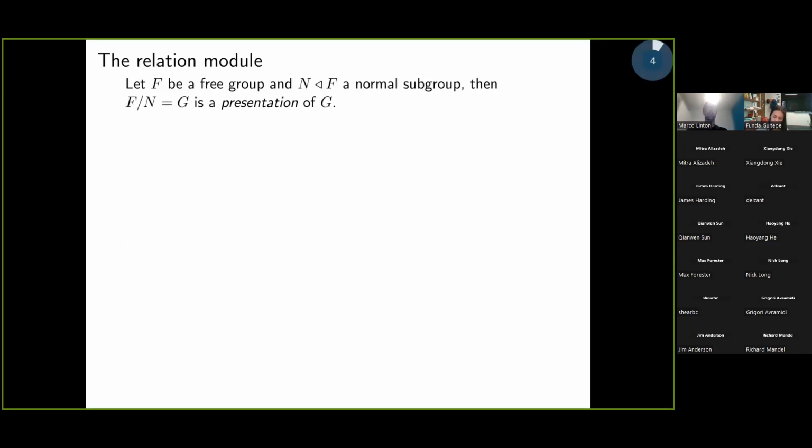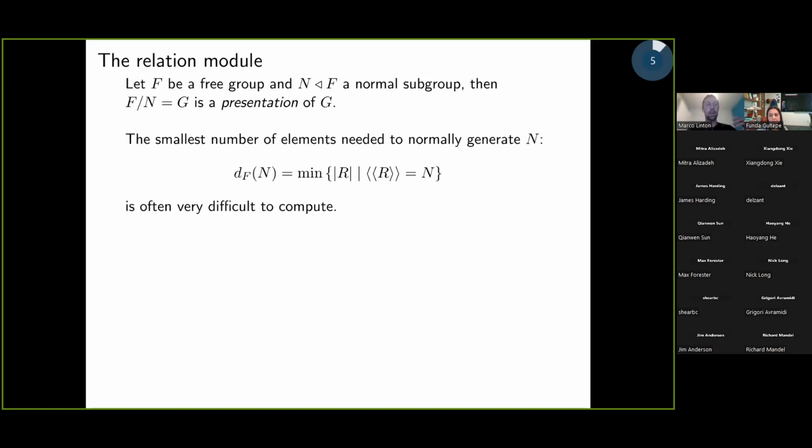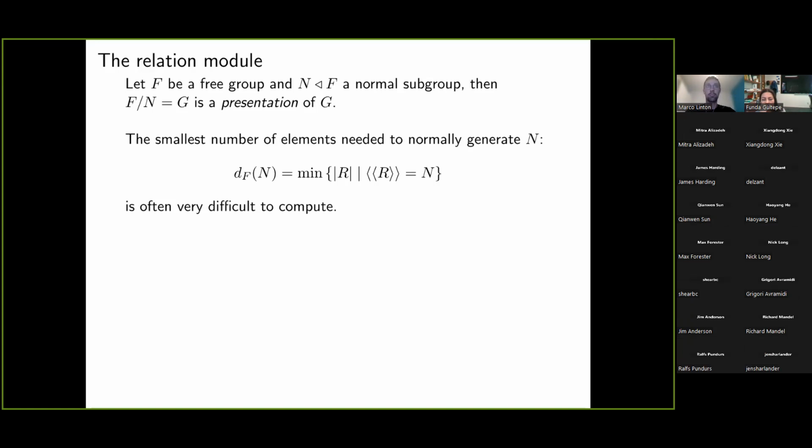Right. So for me, a presentation is essentially a free group and a normal subgroup of this free group, such that the quotient by this normal subgroup is the group G. And I'm very interested in this quantity: the smallest number of elements which you need to normally generate N. Usually this quantity is very difficult to compute. It tells you the smallest possible number of relations you need to present your group on your fixed